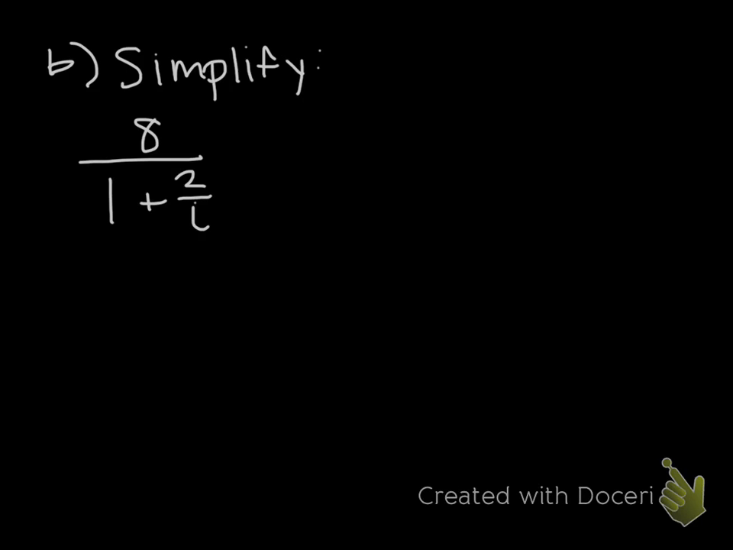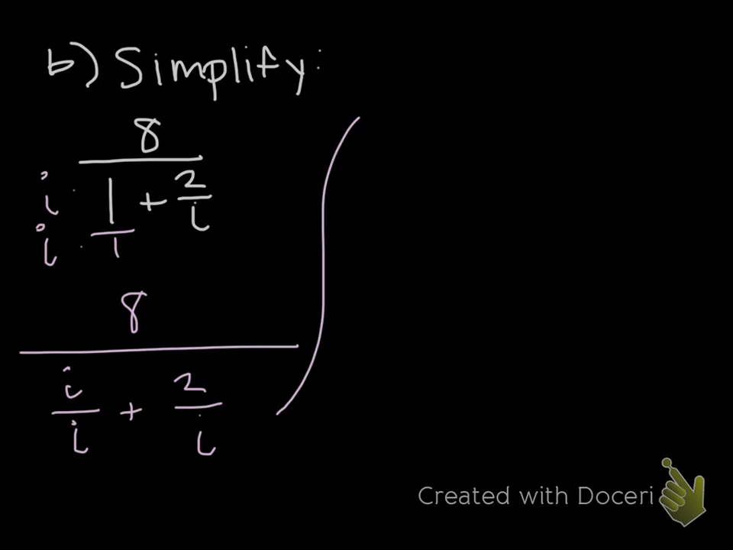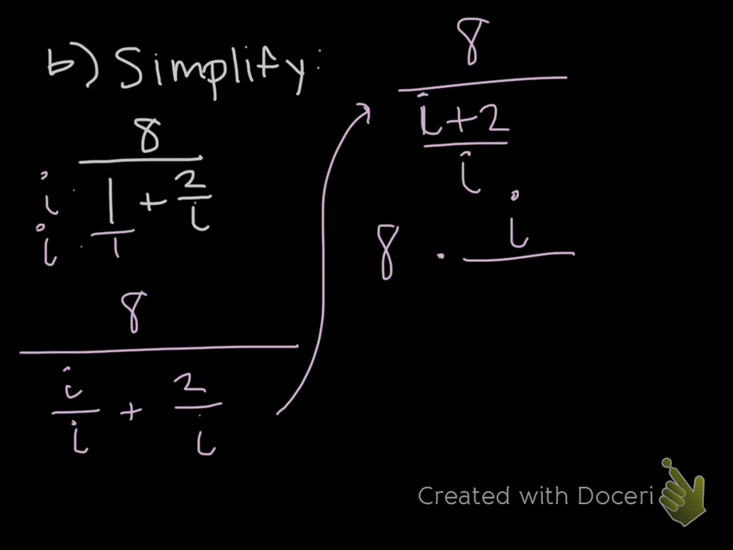All right, last one. We are asked to simplify, so what we could do is change this 1 to be 1 over 1. And then I'm going to multiply top and bottom by i to get common denominators. So I have 8 all over i plus 2 over i. And again, we know the whole point of getting common denominators is to put this together. So I have i plus 2 all over i. We're going to keep change flip. So 8 times i over i plus 2